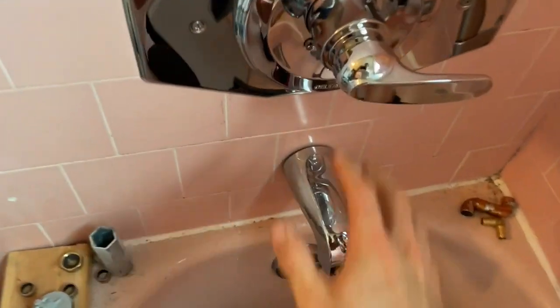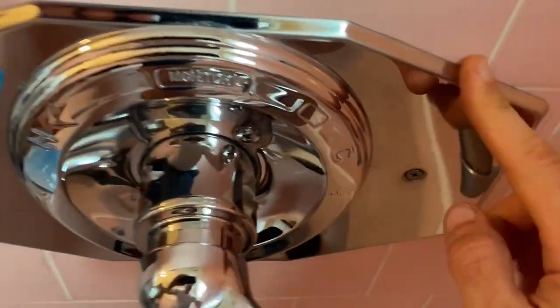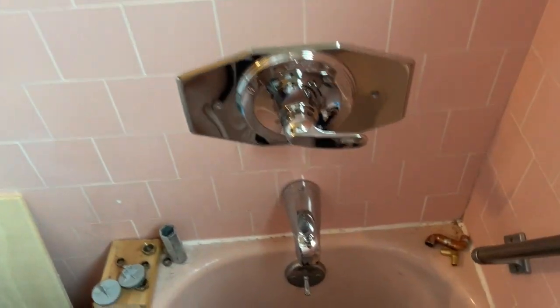All right, so got this guy on. I'm gonna put a bead of caulk around here, around the top here, and here, maybe around these screw holes right there and there, and then also around the top of this thing so water doesn't try to get behind the wall. But that is our finished product,